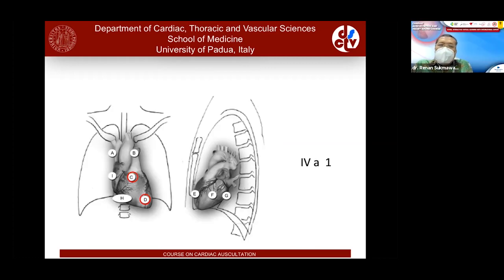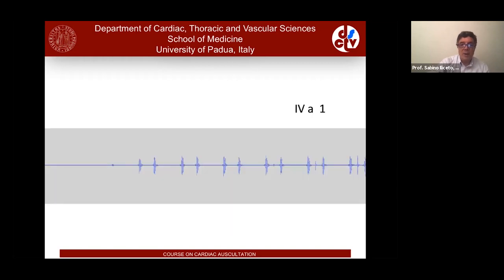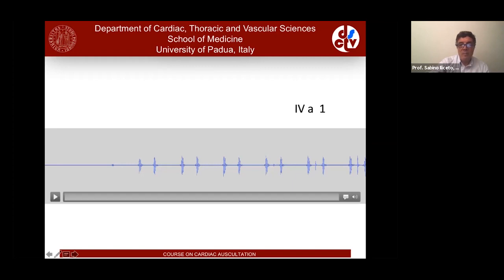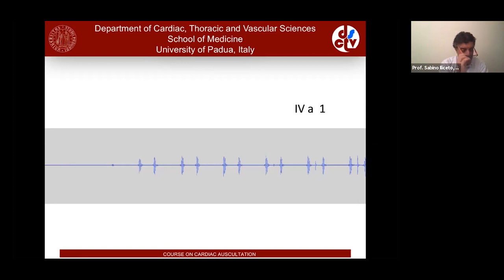Okay, so let's start with this auscultatory finding in this patient with mitral valve prolapse. Here you will see that we have 3 normal beats, and then the click will appear. Because the click, let me tell you something to our friends, is the pathognomonic sign of mitral valve prolapse. When mitral valve prolapse was identified by Professor Barlow, it was named the Click Syndrome, because at the beginning, the diagnostic